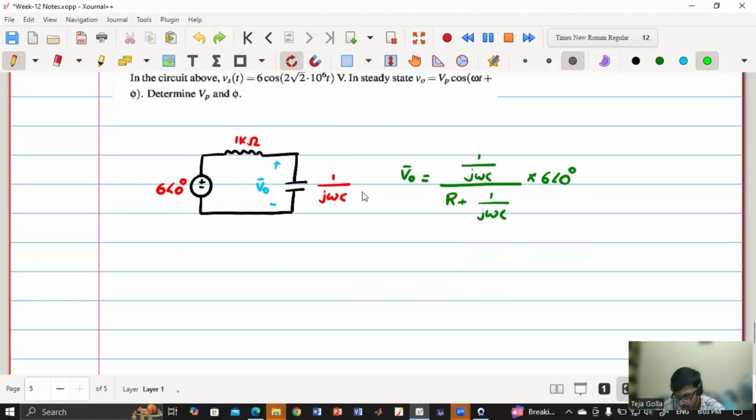Now if I simplify this, I'll get V0 phasor equal to 1 by 1 plus j omega RC